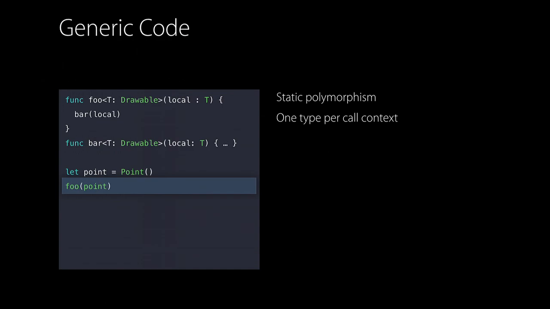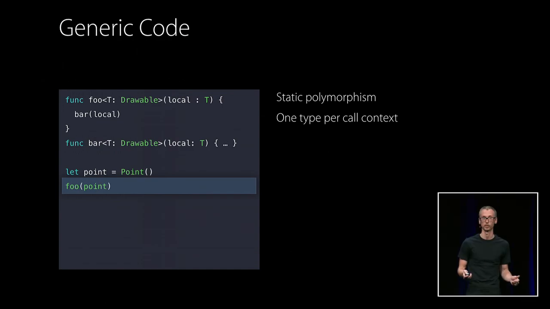Generic code supports a more static form of polymorphism, also known as parametric polymorphism. One type per call context. What do I mean by that? Well, let's take a look at this example. We have the function foo, which takes a generic parameter t constrained to be drawable, and it passes this parameter off to the function bar. This function, again, takes a generic parameter t. And then our program creates a point and passes this point to the function foo. When this function executes,